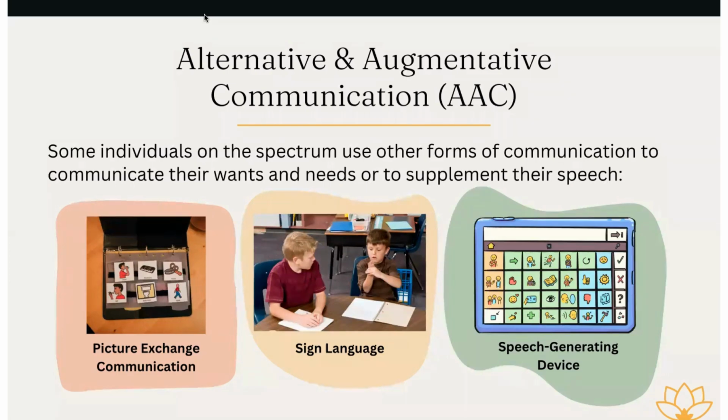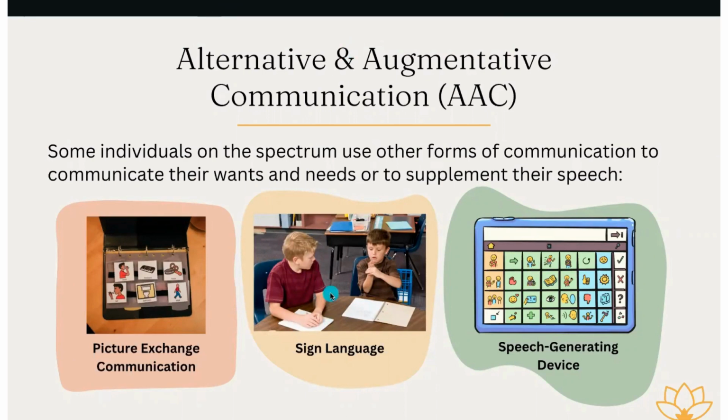One person in our group just pointed out that PECS, the company, is widely known not to be neurodiversity affirming. Thank you for pointing that out. That was not intended to be an advertisement for that program. I was just giving an example of something that some families might be using. I'm not going to be advertising or not advertising any particular communication means. I just want to be inclusive of everyone's potential uses of different communication.